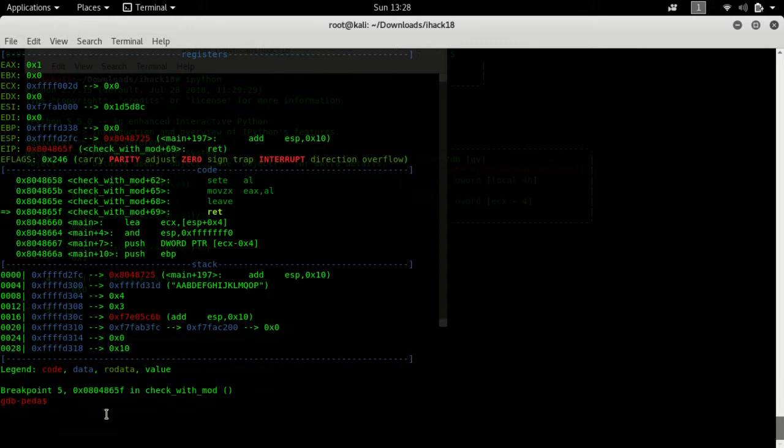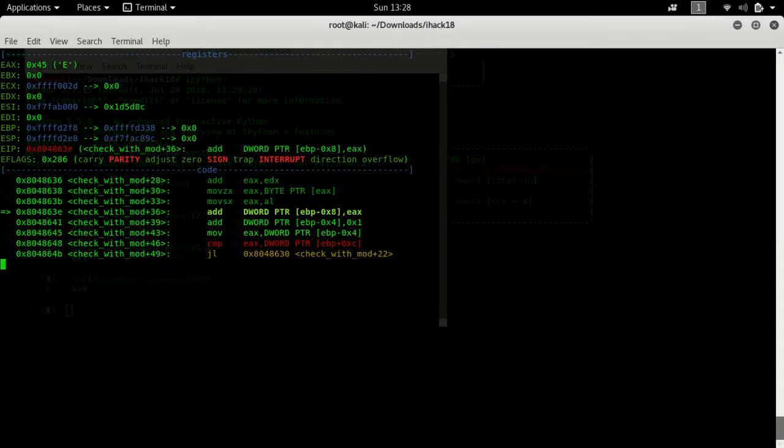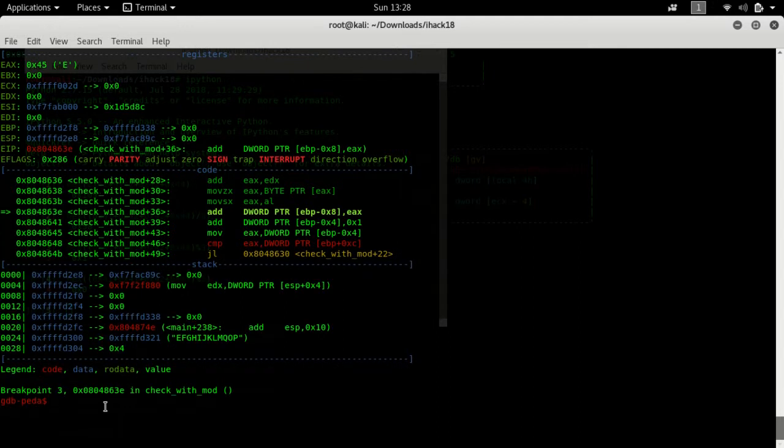Now if we bypass the check of that 4 characters divisible by 3, we will hit the breakpoints inside the mod function again, because the program will call it again. So let's see if we'll hit it or not. If we don't hit it, then we didn't bypass that. Yeah, we hit it again, and now